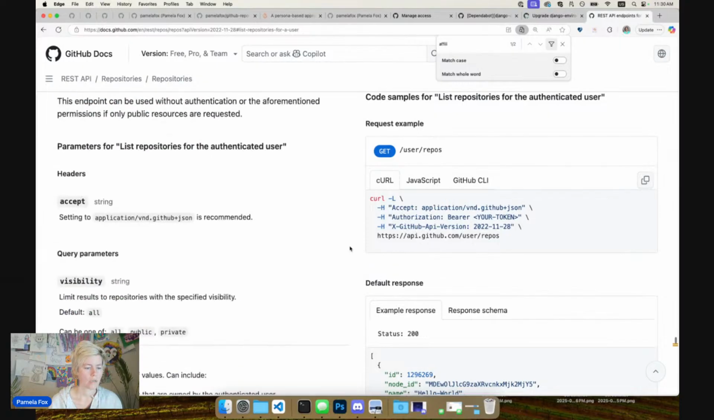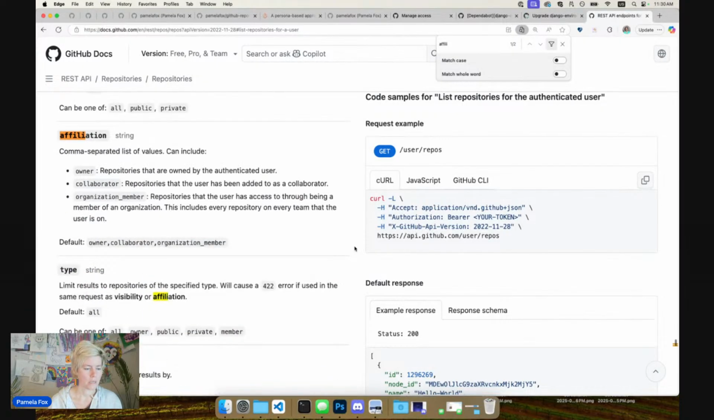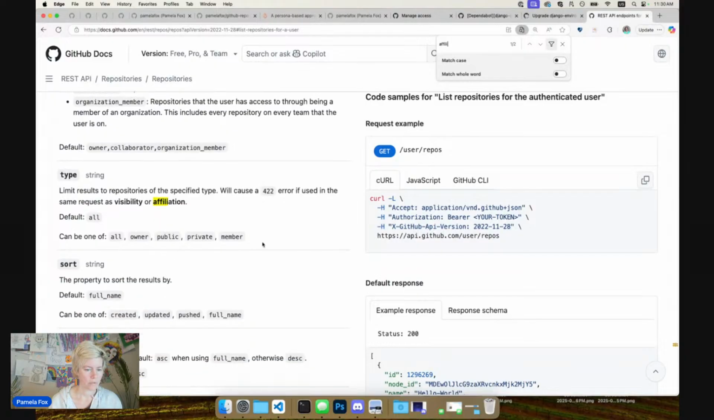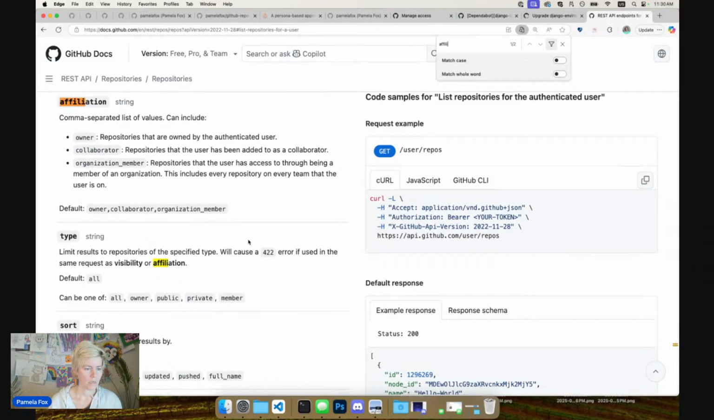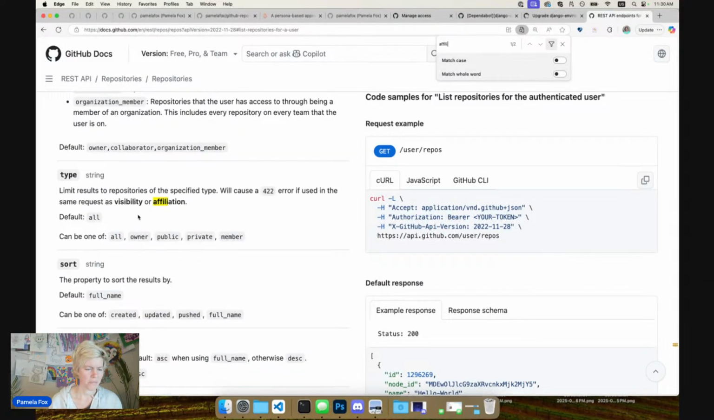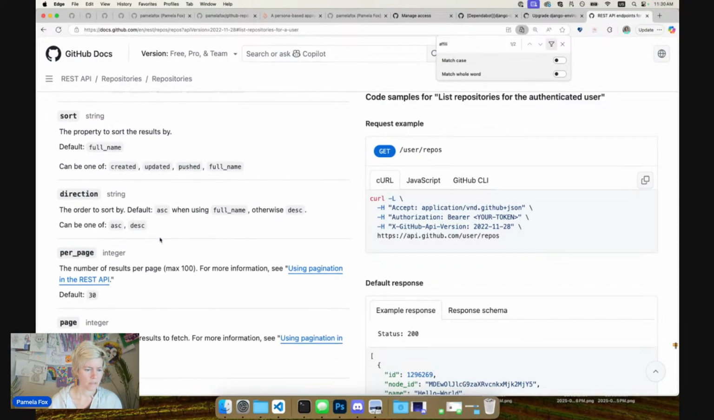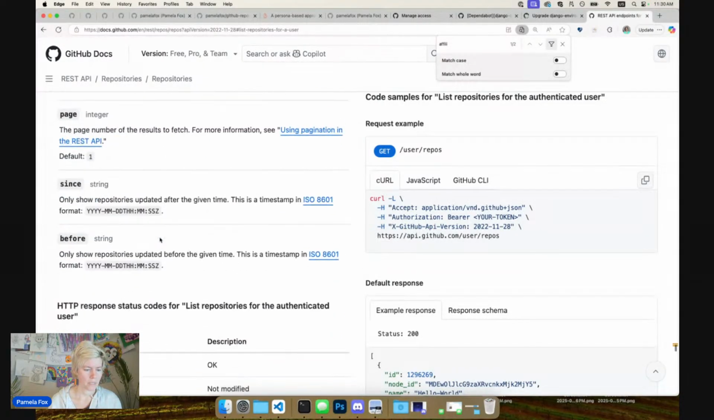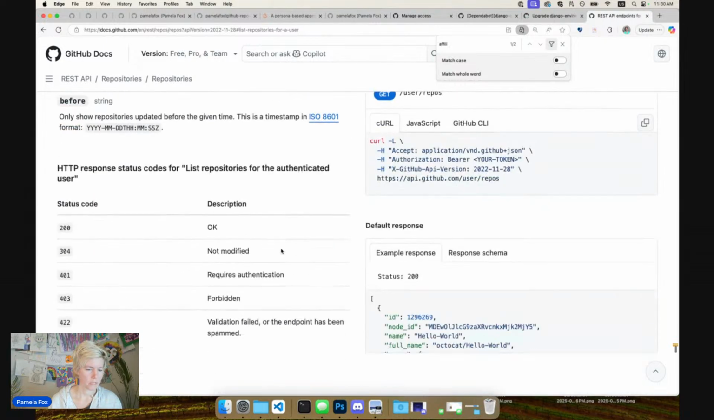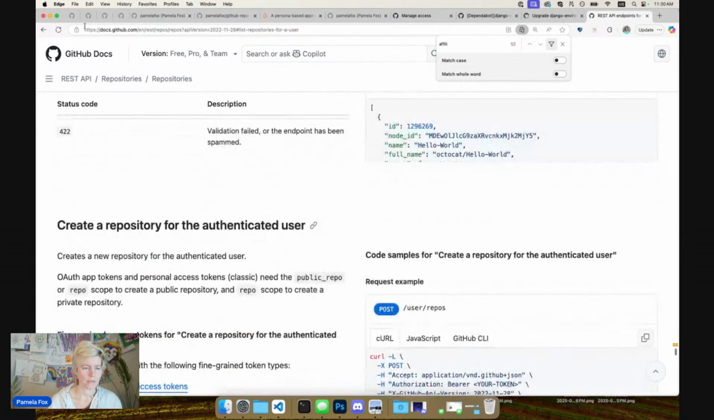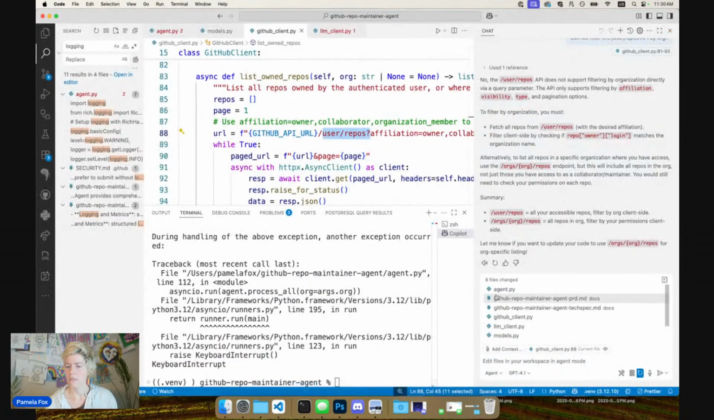Affiliation. Visibility. Affiliation. Type. Type looks really similar to affiliation. Okay, sort, direction, per page, since, that seems useful. But okay, there isn't, you can't do it at the org. What you can do